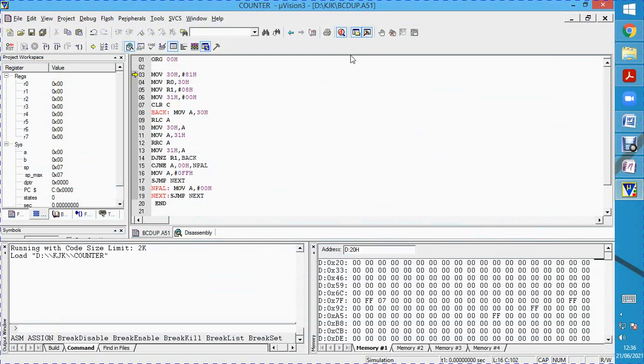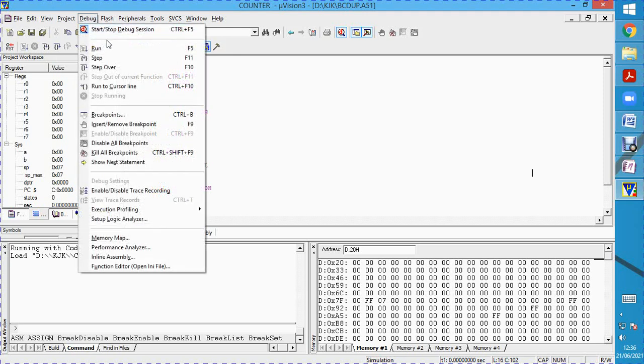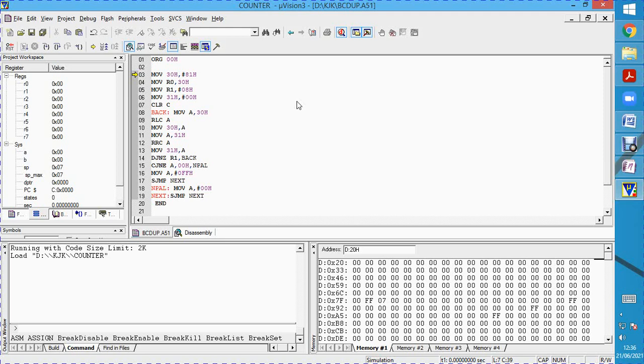Here the same program has been written, the same logic. So RLC and RRC. RLC is used to shift the content of the original number to the left through carry, and the result obtained in the accumulator is rotated to the right through carry, so the reversing is being done here. Okay, we have executed. You just see, as it is a palindrome, we are supposed to get FFH. If it is not a palindrome, we will not be getting FFH.